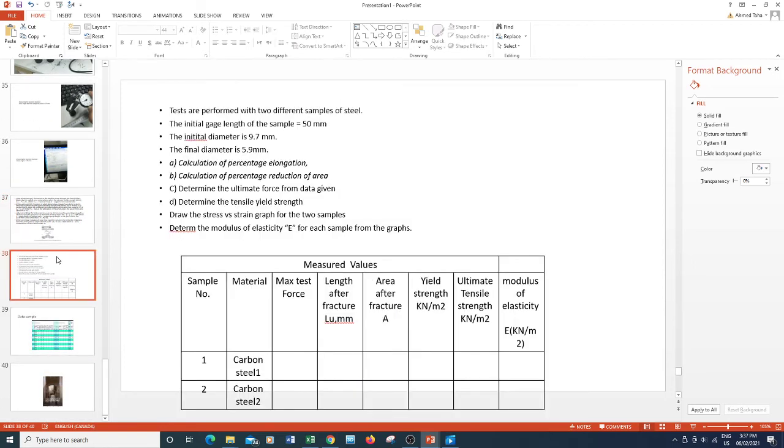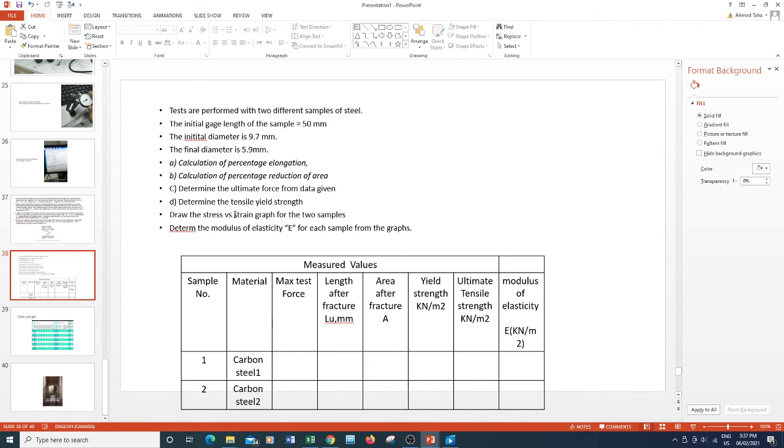We need you to find these things. We have already performed the test with two different samples of steel. The initial gauge length of the sample is 50 millimeter. The initial diameter is 9.7 millimeter. The final diameter is 5.9 millimeter. So we need you to calculate the percentage elongation, the percentage reduction of area, determine the ultimate force